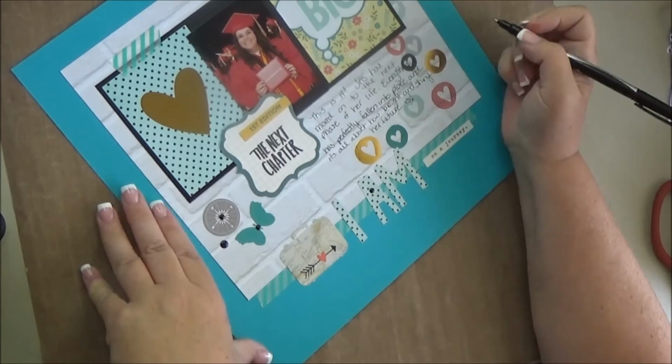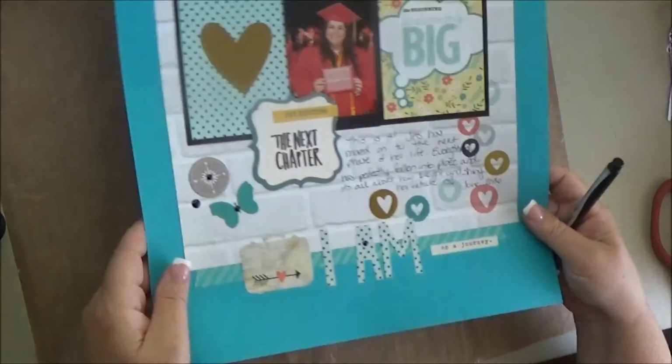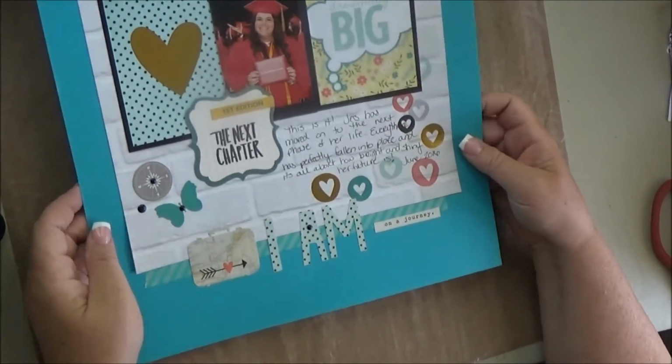You don't have to have a whole day to sit down and make a masterpiece page. You can just do it a little bit at a time, because it adds a lot of